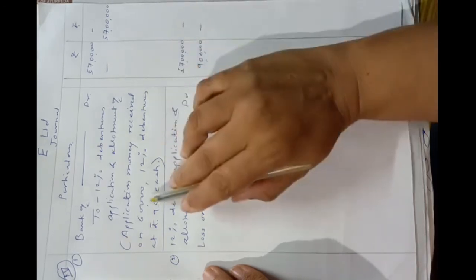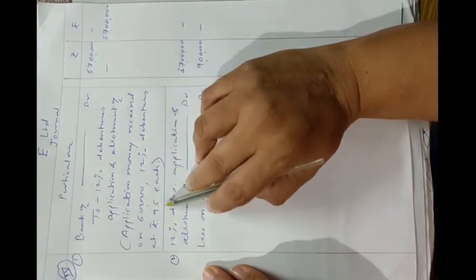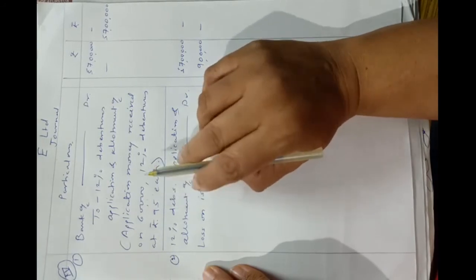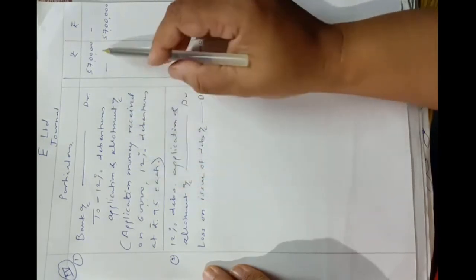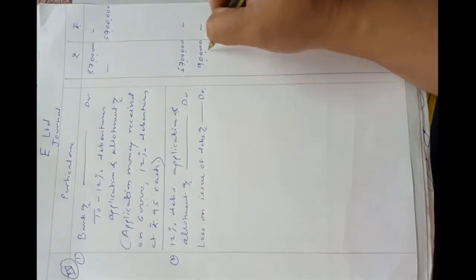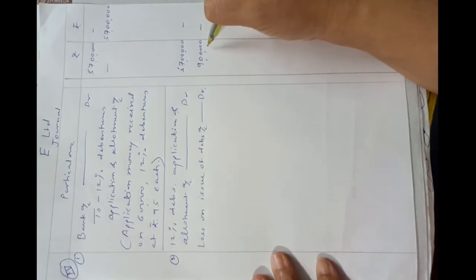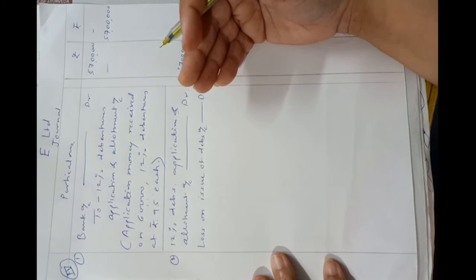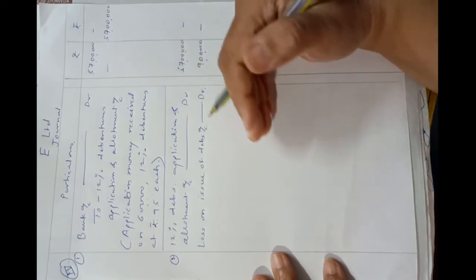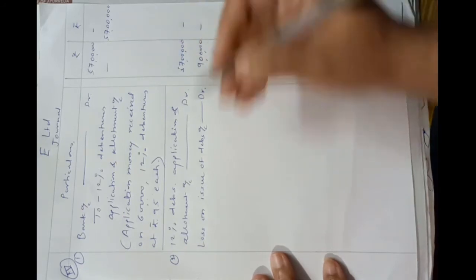Okay. See here, 60,000 debentures were issued at ₹95, that is 5 rupees less, means ₹5 into 60,000, that is 3 lakhs. Or 60 lakhs minus 57 lakhs means 3 lakhs rupees discount. It is involved in this, because we have grouped together premium payable at the time of redemption and discount at the time of issue. Premium will be 10%, so 10% of 60 lakhs will be 6 lakhs. Or 60,000 debentures into 10 rupees premium means 6 lakhs. This premium and 3 lakh rupees discount, this is grouped together here.